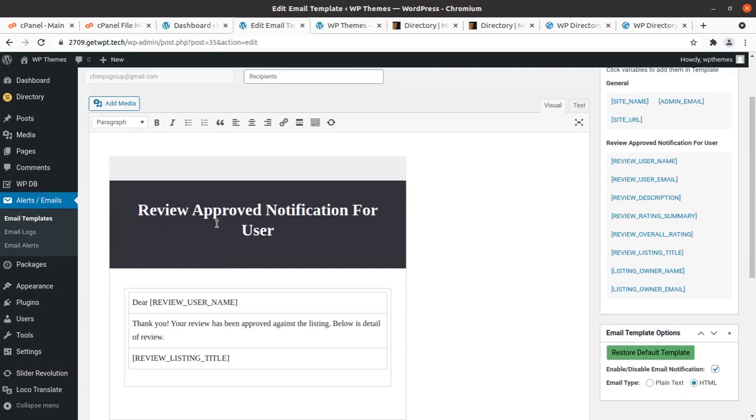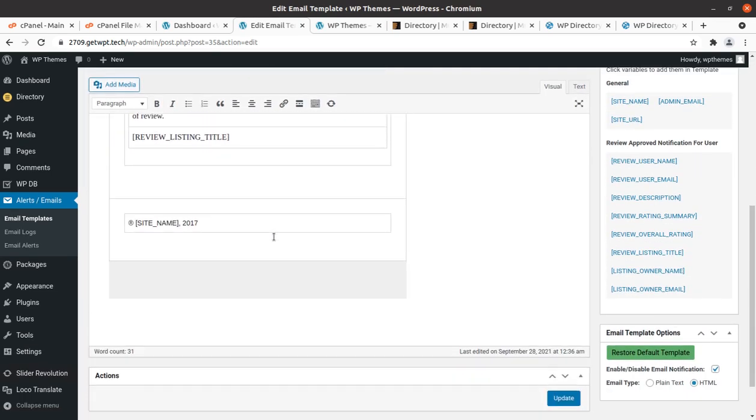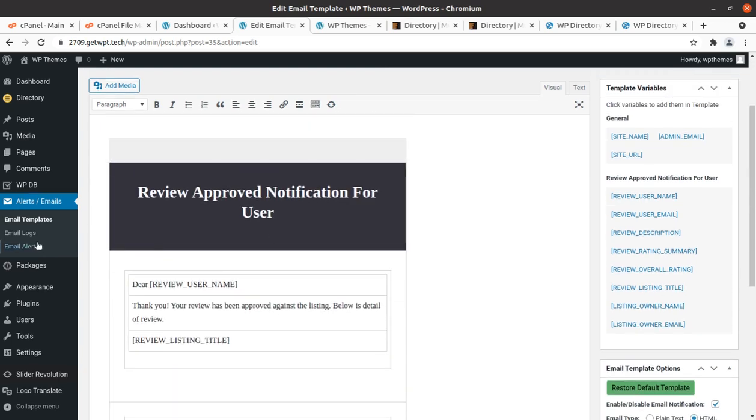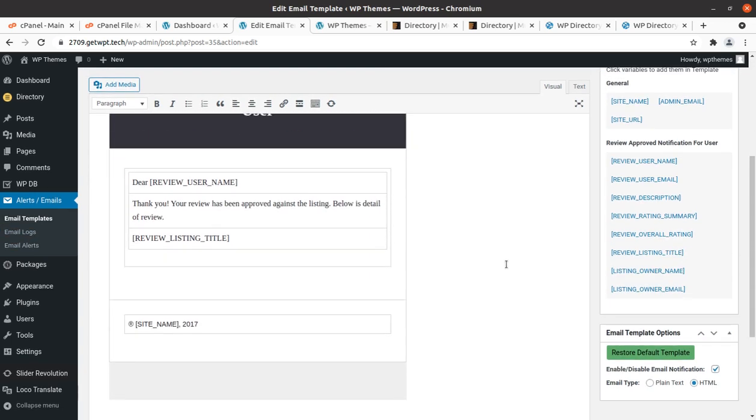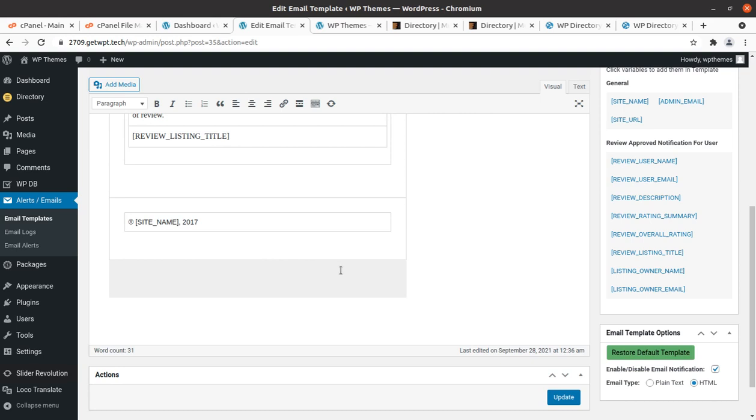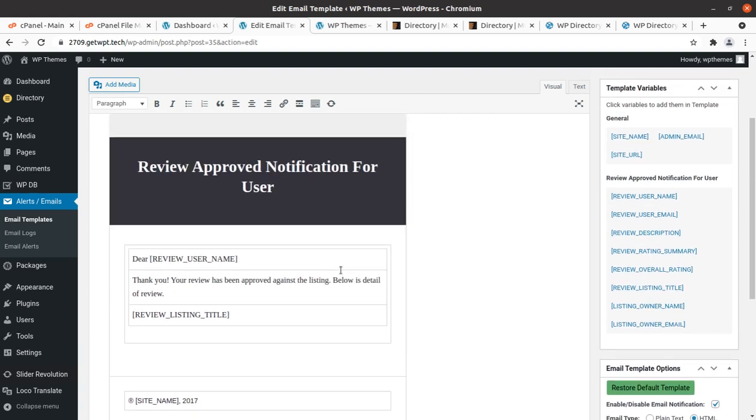So review, approve, notification for user, and this is the template of alerts. You have to be careful while editing this screen, so don't replace the words or sentences that you actually don't want to change. So just keep it default if you are not sure.